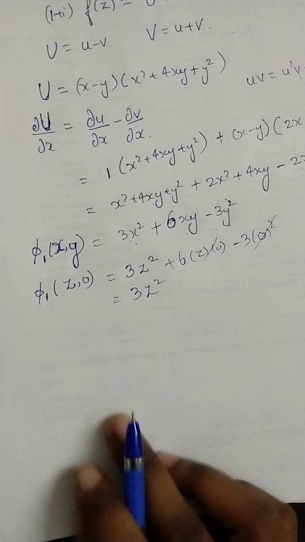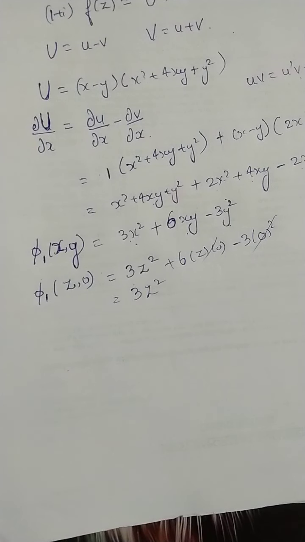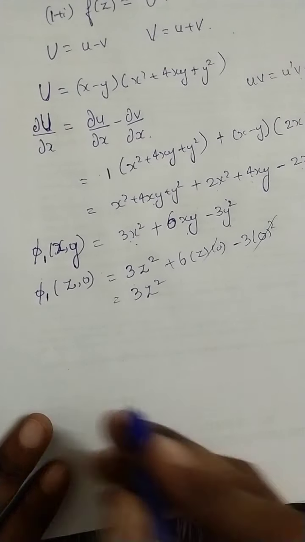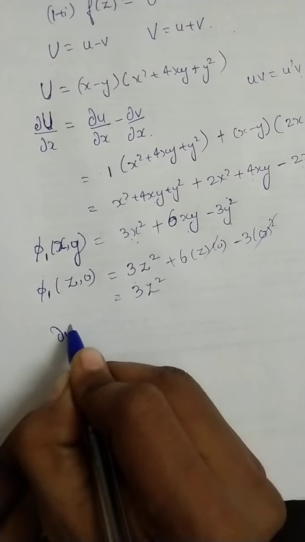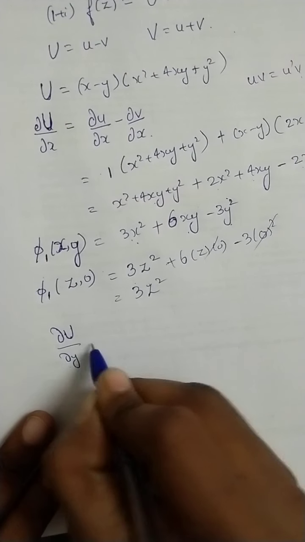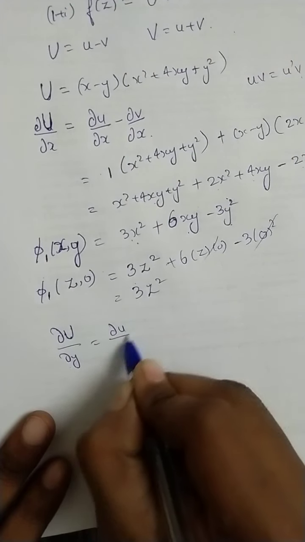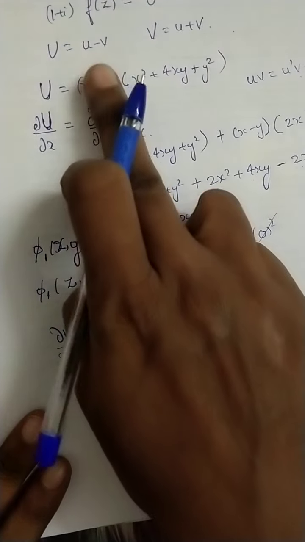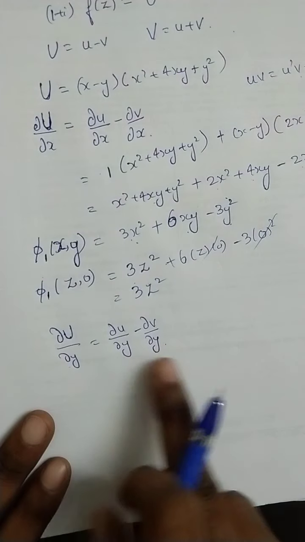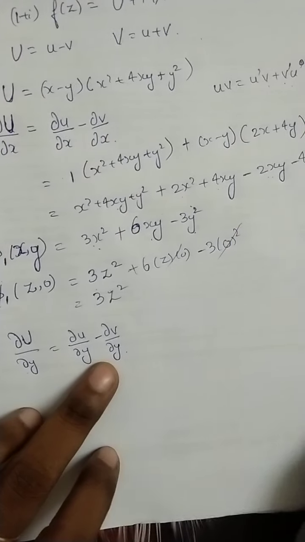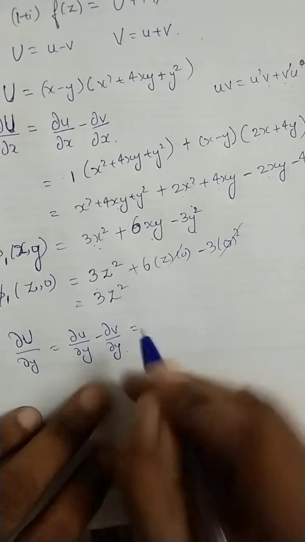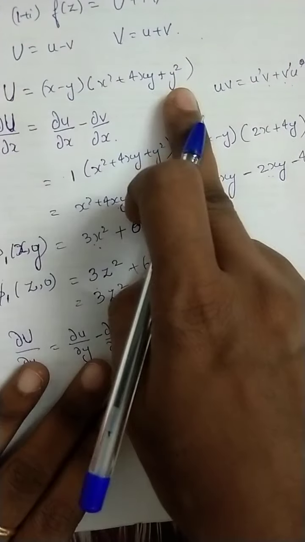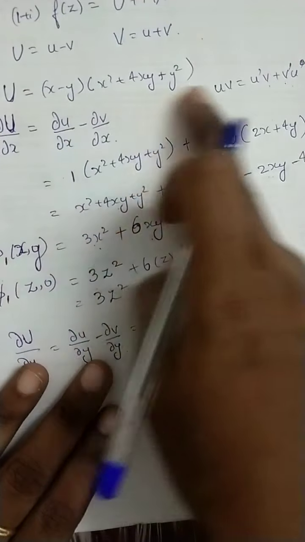Okay, so for the next equation we have to differentiate the same equation with respect to y here. So dou U divided by dou y is equals to dou u by dou y minus dou v by dou y. Means this is u minus v, as we are differentiating with respect to y. Don't get confused that u is separate, v is separate. Now again you have to use the u v formula with respect to this equation.